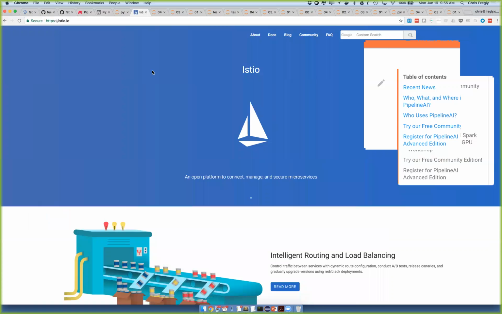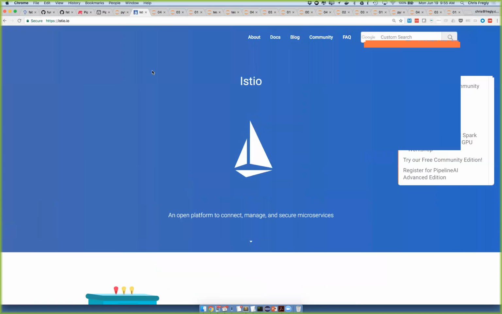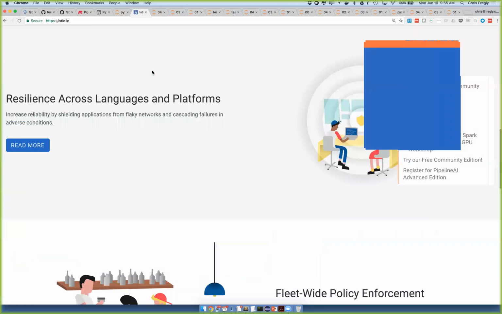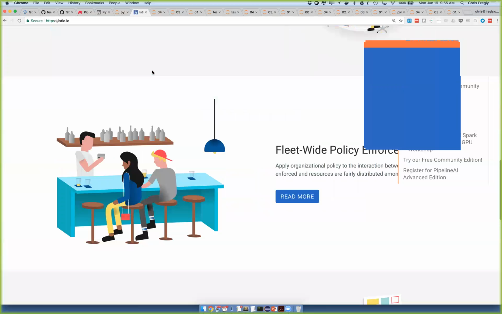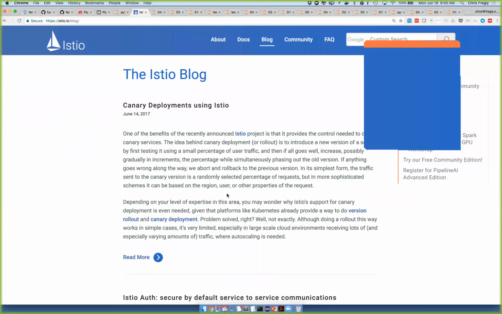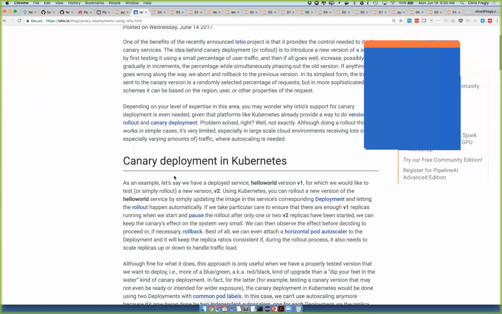Istio. If anyone has worked with the Netflix project Zuul, Z-U-U-L, it's the ability to do sort of intelligent request routing. I don't know where they got these images from. This is kind of a silly marketing thing, but they actually had a really good blog post, and I think they're due for a second one. Canary deployments using Istio. This is exactly the technology that is currently being built on top of